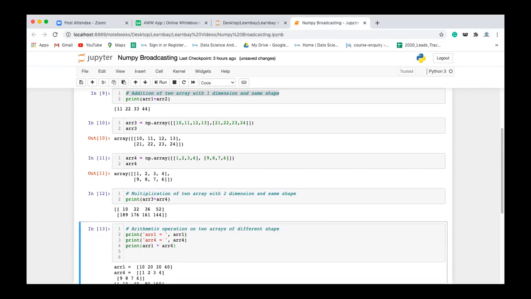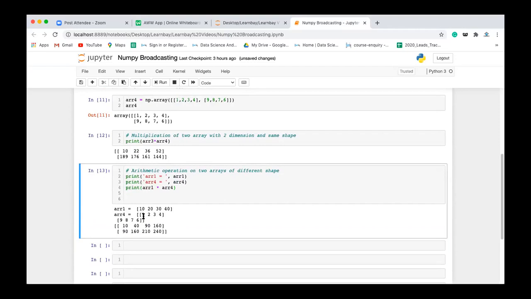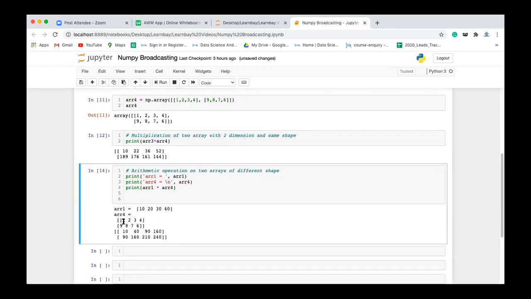Now if you see here, array 1 is this, array 4 is this. Let me do one thing, let me write \n here. Fine, this is array 1 and this is array 4. So if you do element by element multiplication of array 1 by array 4, you are getting the same result here. This is how we have done it.